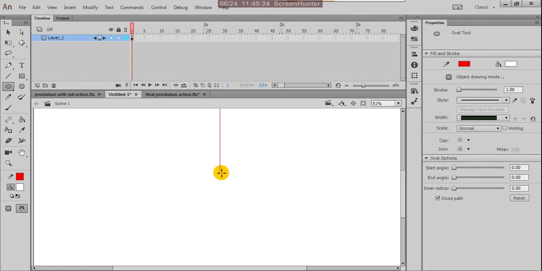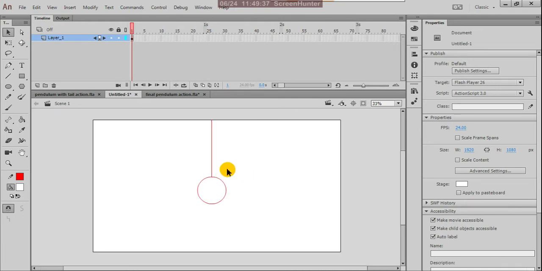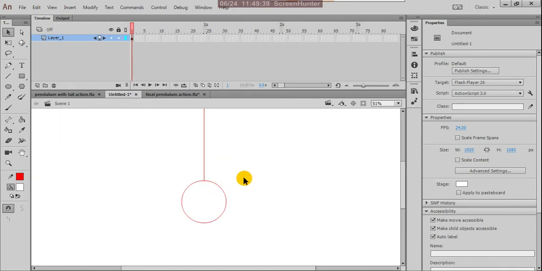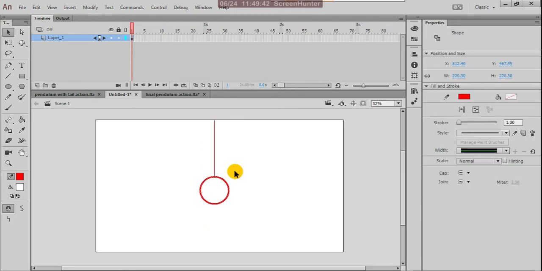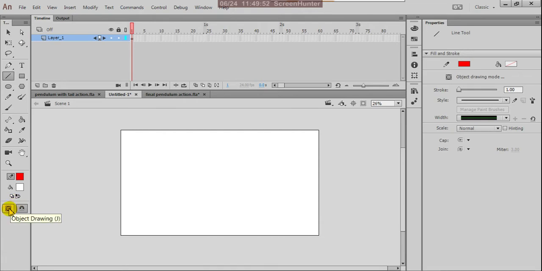I want it exactly centered, so by pressing Alt and Shift you'll get an exact circle. Okay, yes, delete this because I want object drawing mode. Okay, so this is the center, and with Shift draw one line.